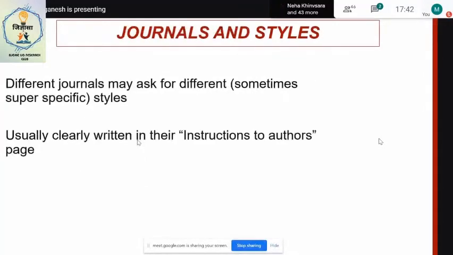So different journals adopt different styles as their standard, and sometimes they could be very, very specific. That happens. But usually, whichever style they adopt, in their instructions to authors page on their journal website or in the print journal, every item will be clearly listed. If it's a journal article, how do they want it? If it's a book, how do they want it? Everything will be clearly listed. So if you're submitting an article to a journal, please look up their instructions to authors and see that you keep your citations and references exactly like that.